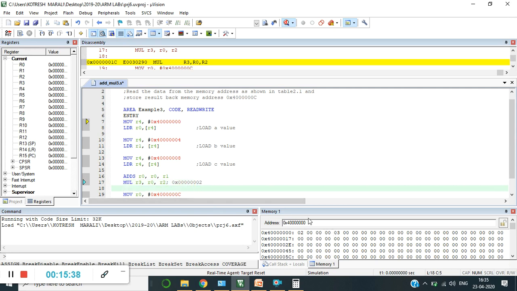Once again, this is how I am trying to represent 02 in the 32-bit data.